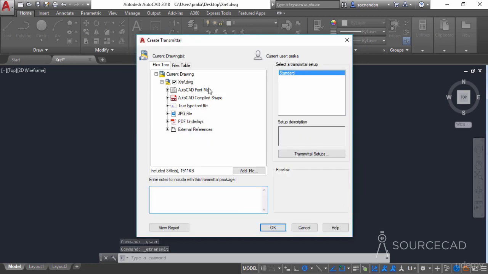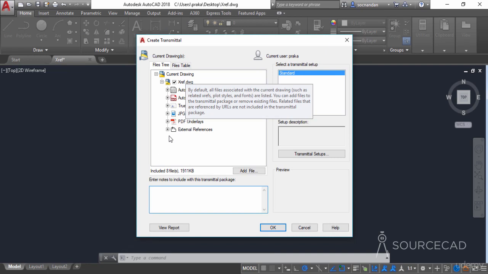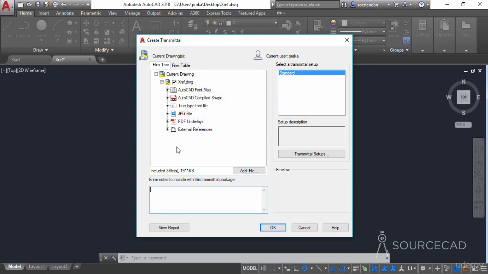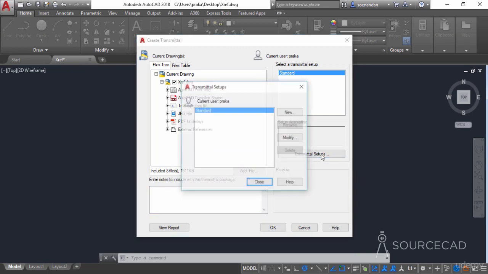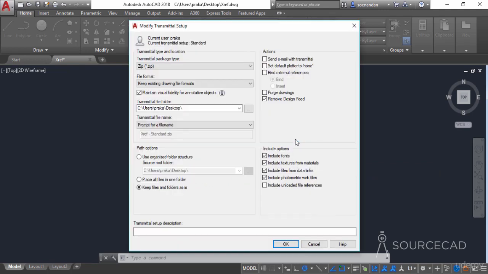Now here we have in this file hierarchy everything which is included in this drawing, including the PDF, JPEG, the drawings, the fonts which are additionally used, and everything here. Now if you want to include additional things, you can go to add file and do that, but we are not going to do that. I'll simply click on transmittal setup, click on modify, and I'll modify one small thing here. Here I'll keep this option checked, place all files in one folder, and now click on OK